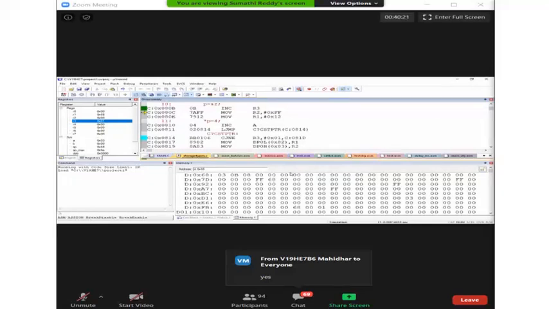How can a P pointer hold a 16-bit address? Why should it not hold it? It can hold any 16-bit address because the maximum address here can be 16-bit.